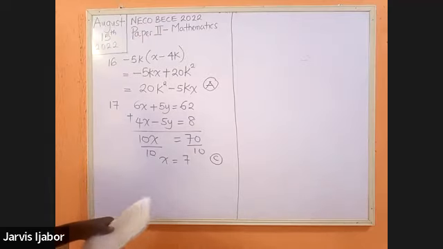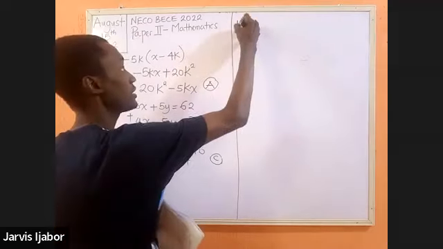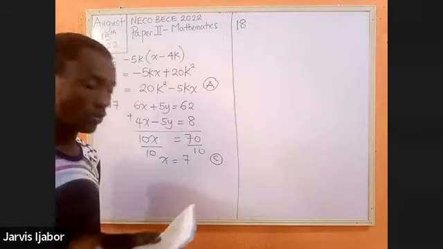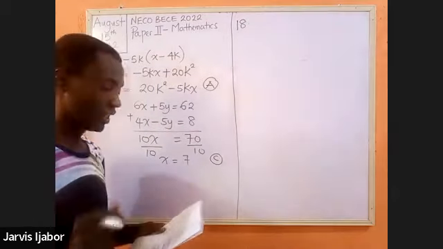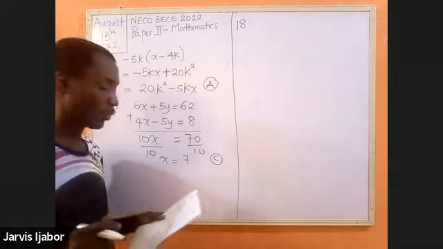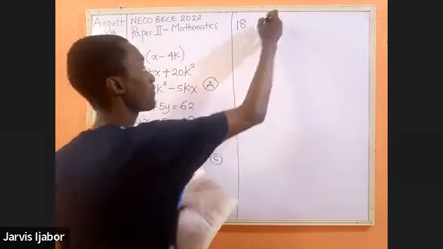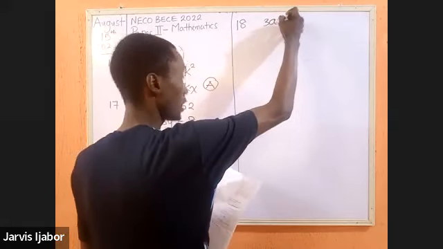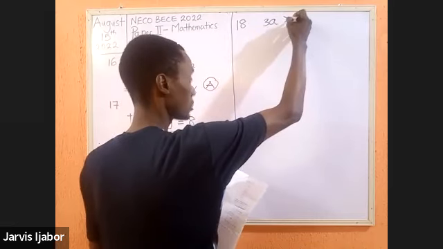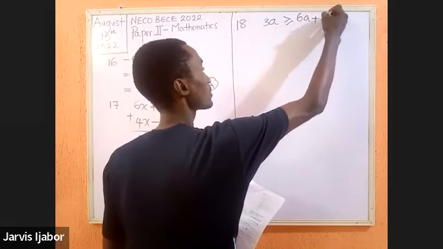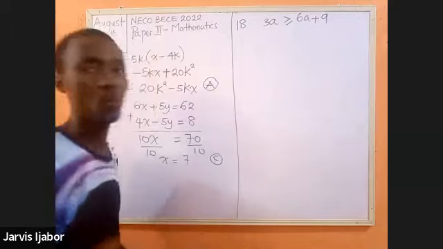Let's look at question 18. Question 18 is testing the concept of inequalities, linear inequalities. All right, so we have 3a greater than or equal to 6a plus 9. Now, this is where,